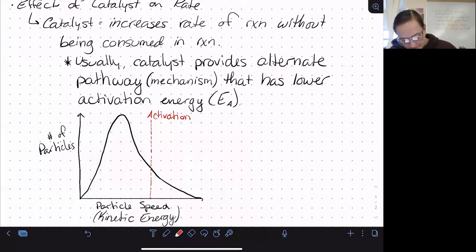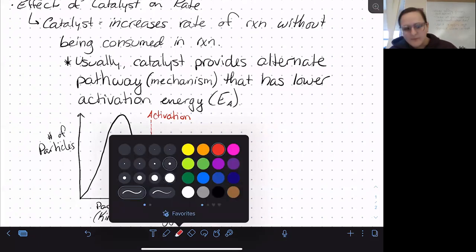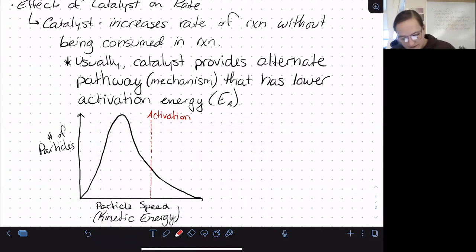That means that the only particles capable of colliding with enough energy are the ones to the right of that. So only particles that have sufficient kinetic energy can smash into each other hard enough to actually get the reaction to happen. If I lower my activation energy,